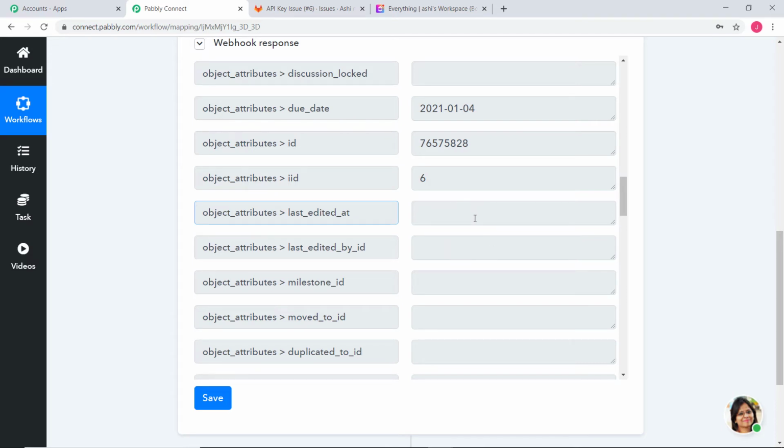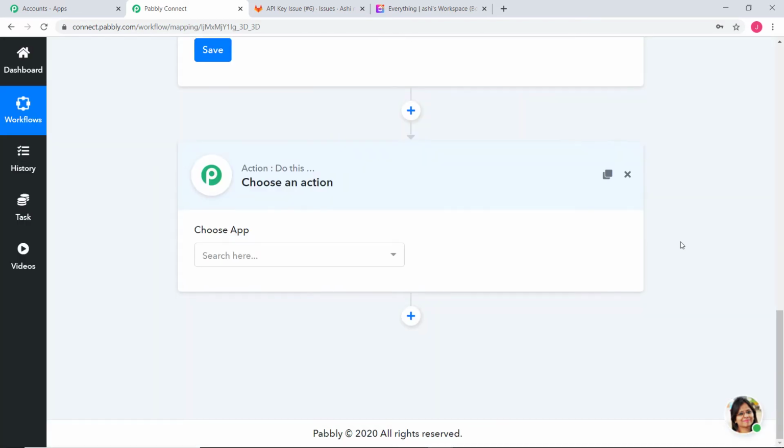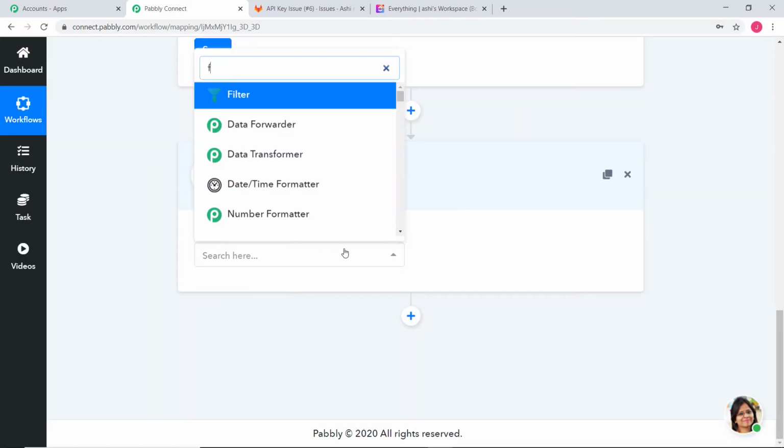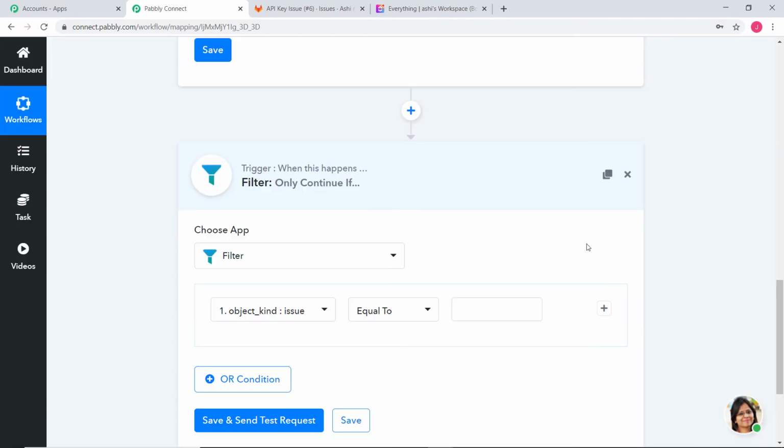So now we are going to put a condition here and check: whenever this last edited field is blank, only then we want a task to be created in ClickUp. And when there is any date displayed in the last edited at field, then we don't want to create a task. So I'm going to click on this plus button over here and put a filter.